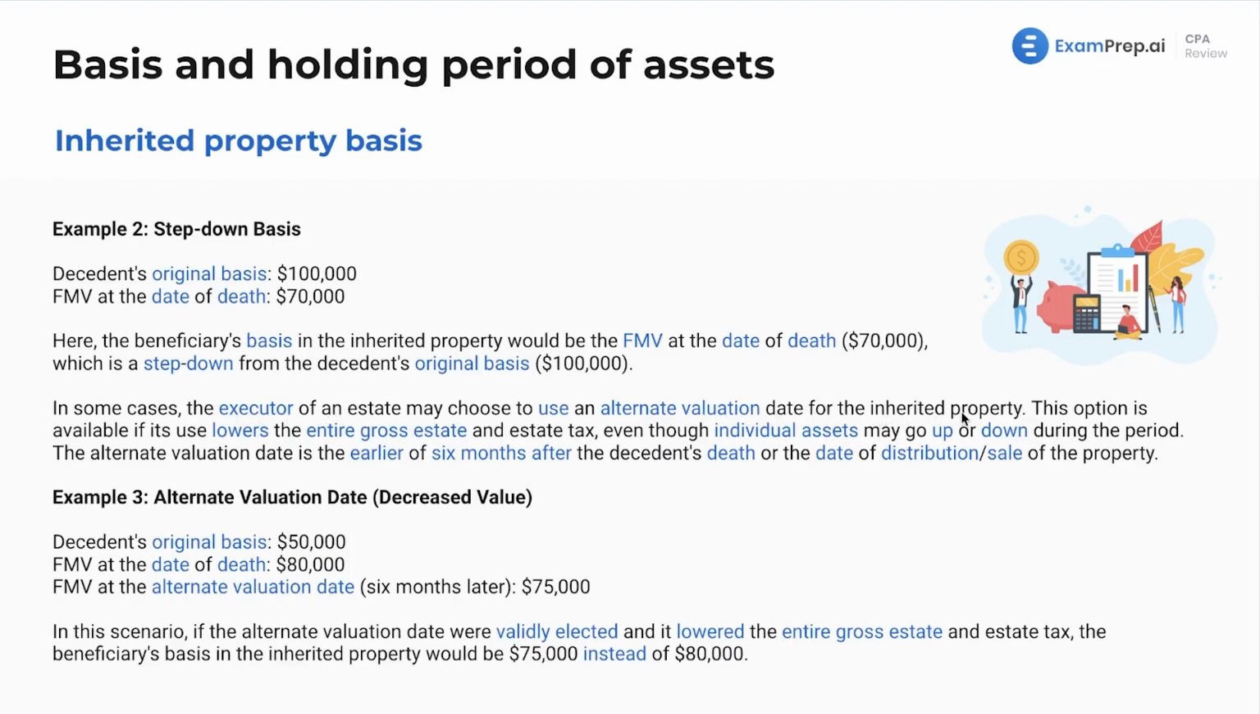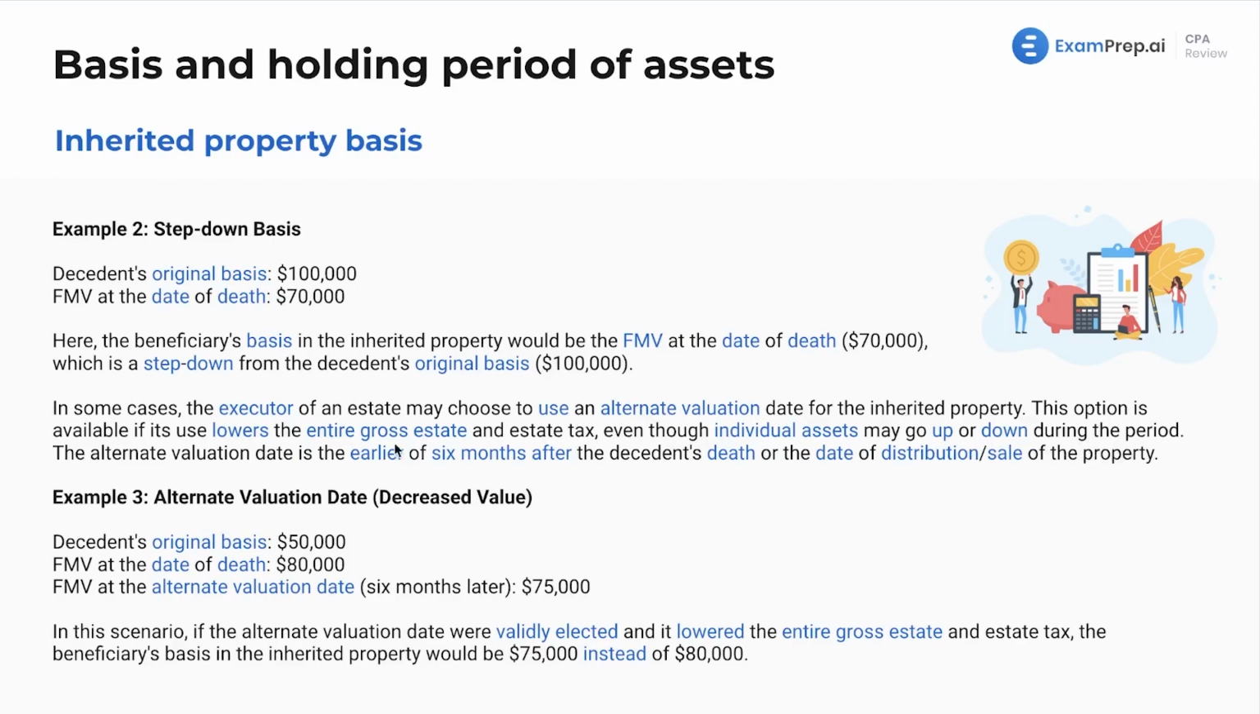This option is available if its use lowers the entire gross estate, so everything. You can't just say, oh, I want this one asset, this truck, this ring, this piece of land, this building. No, all of the assets in the estate have to be affected by this. So the entire gross estate and estate tax, even though individual assets may go up or down, so not every asset's probably going to go up, not every asset's going to go down, some will go up, some will go